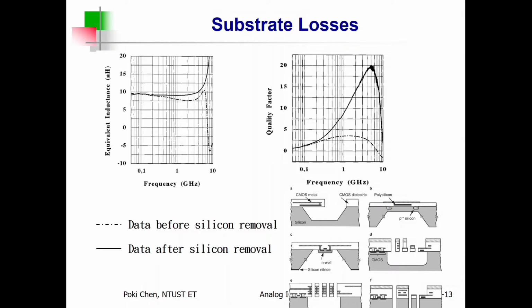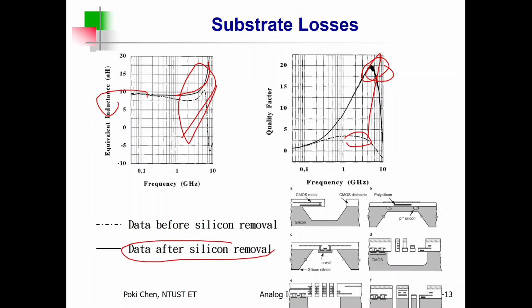Okay, you can see after the removal of the substrate, not only the inductance is increased, but also the Q factor, right? You can see the dashed line is for with substrate, and the solid line is for